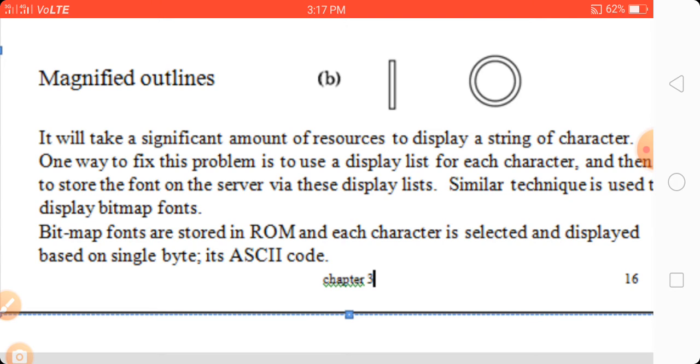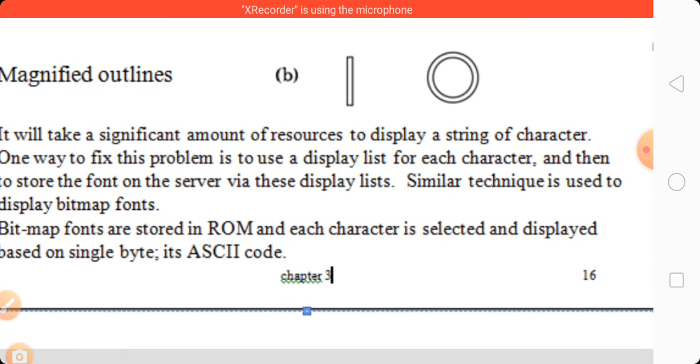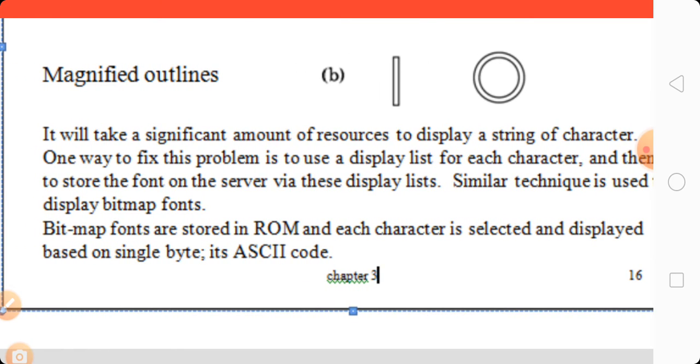Here we use the display list for each character, and then we don't need that amount of resources, and we store the font on the server via the display list.